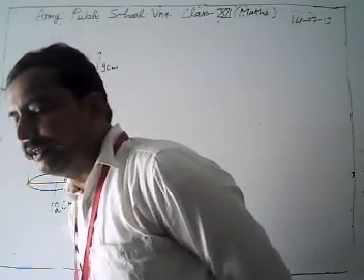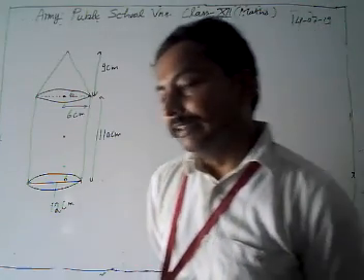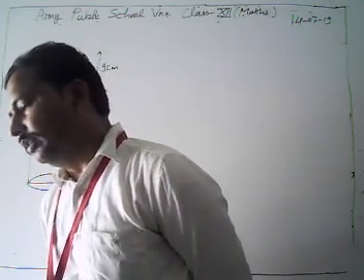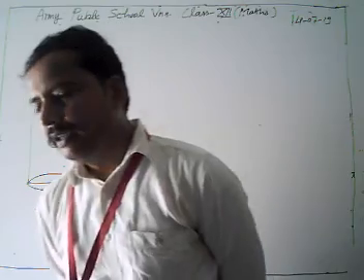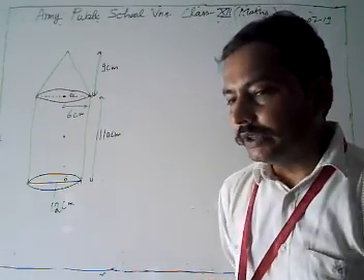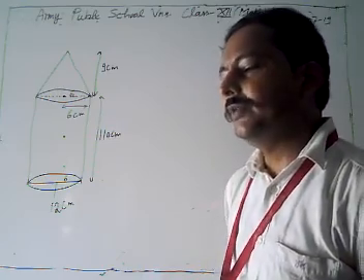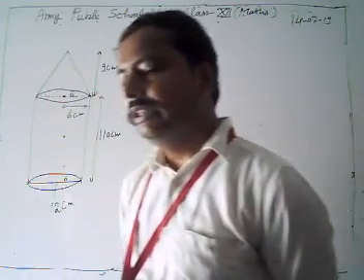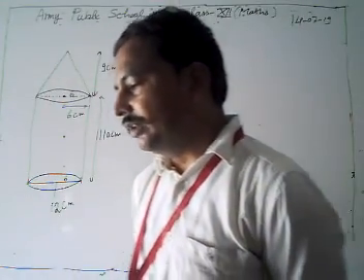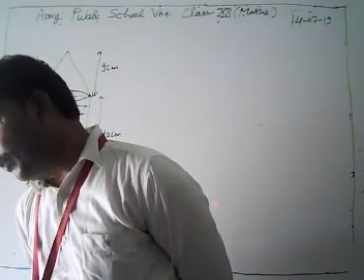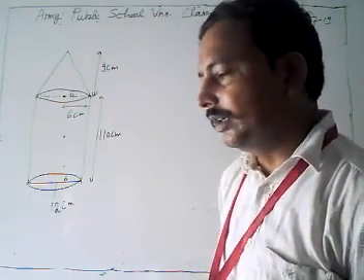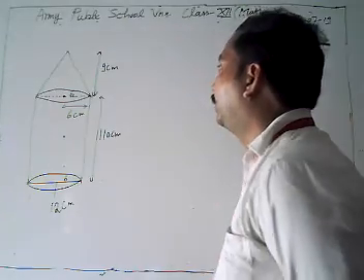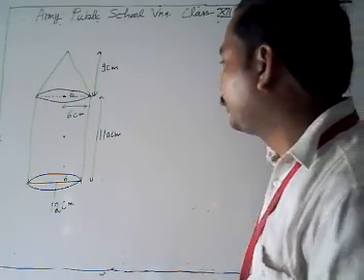Now in the problem we have to find the mass of the pole. How can we get the mass of the pole? 1 centimeter cube represents a volume, and 1 centimeter cube has a mass of 8 gram. That means first of all we have to find the volume of this combination of solids. Then after getting the volume in centimeter cube, we have to multiply with 8 gram, because 1 centimeter cube of iron has 8 gram mass. So first we have to find the volume of this combination of solids. How can we find it?